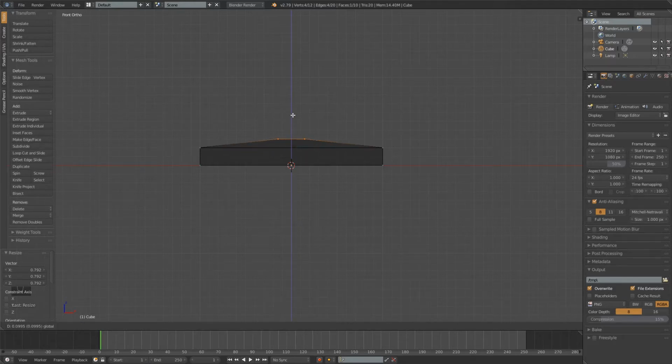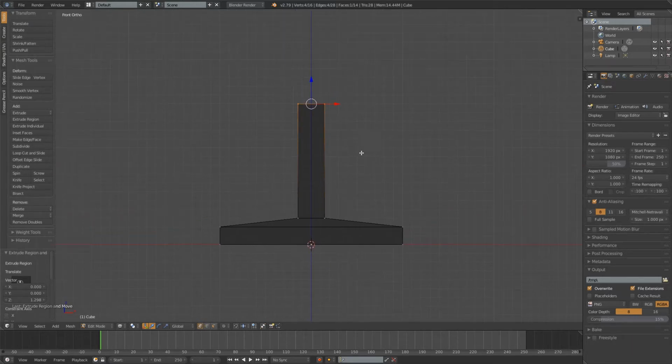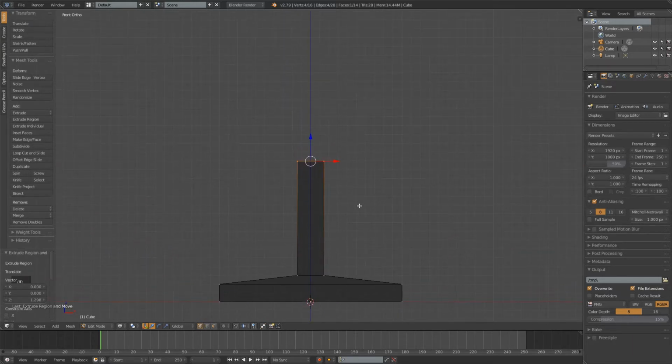So I'll move it up a little bit, and then hit E again, and I'm just going to move this one up because it goes straight up in the Z direction anyway, and left click to confirm that. Now I'm going to hold shift and middle click to pan my view up, and then once again E to extrude, move it up a little bit, S to scale, E to extrude, move it up a little bit, and